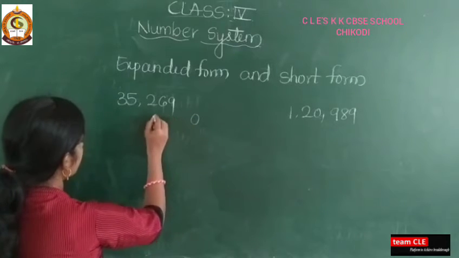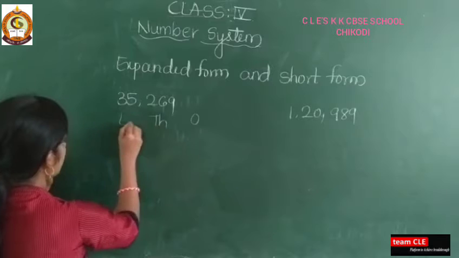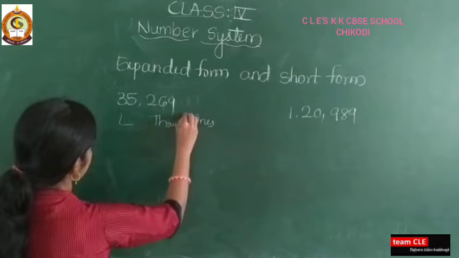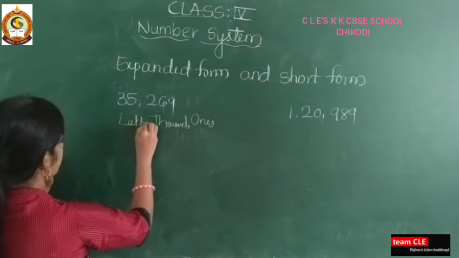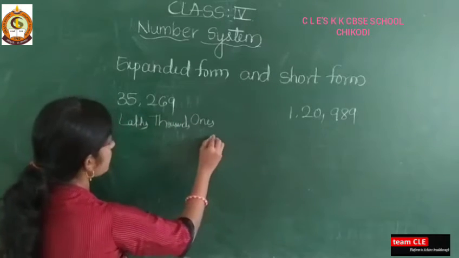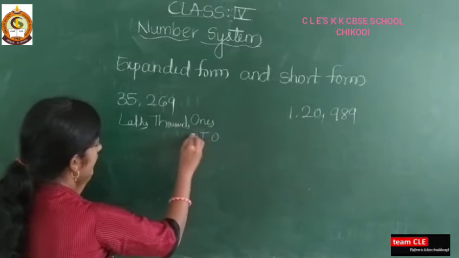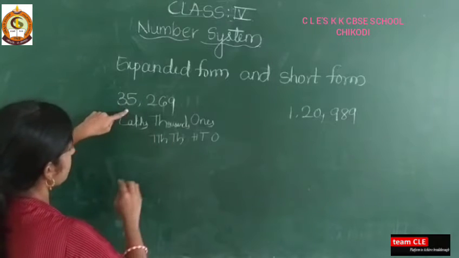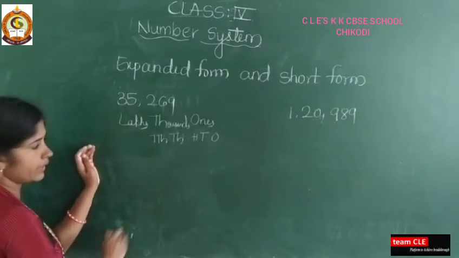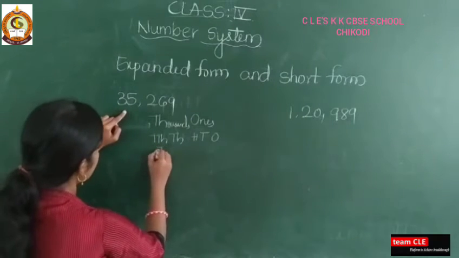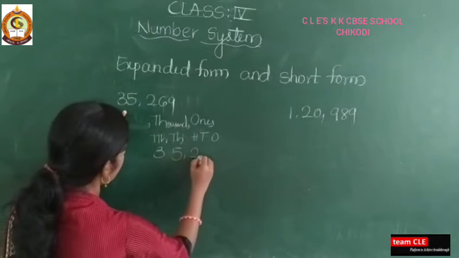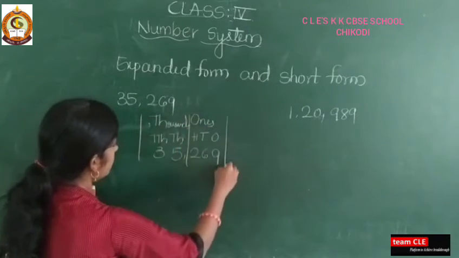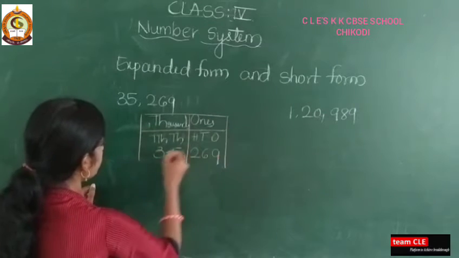Next here you have to write thousands, next here lakhs. So these are periods: ones, thousands, and this is lakhs. Here how many place values will come? Ones, tens and hundreds. Here thousand and 10,000. Let us write this number in. There is no need of the lakh period here, so I will rub it. So write this number in 35,269. This is the place value chart in the Indian system of numeration.